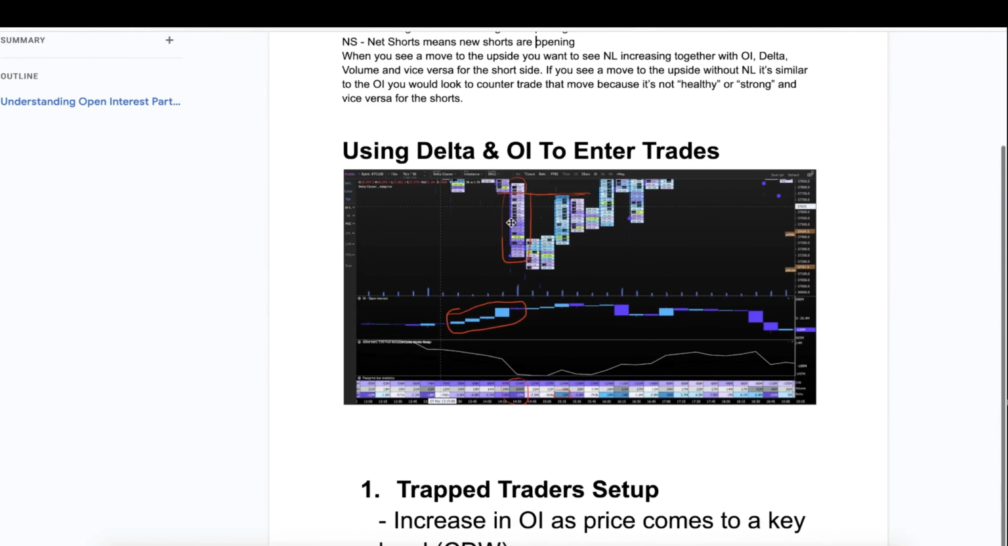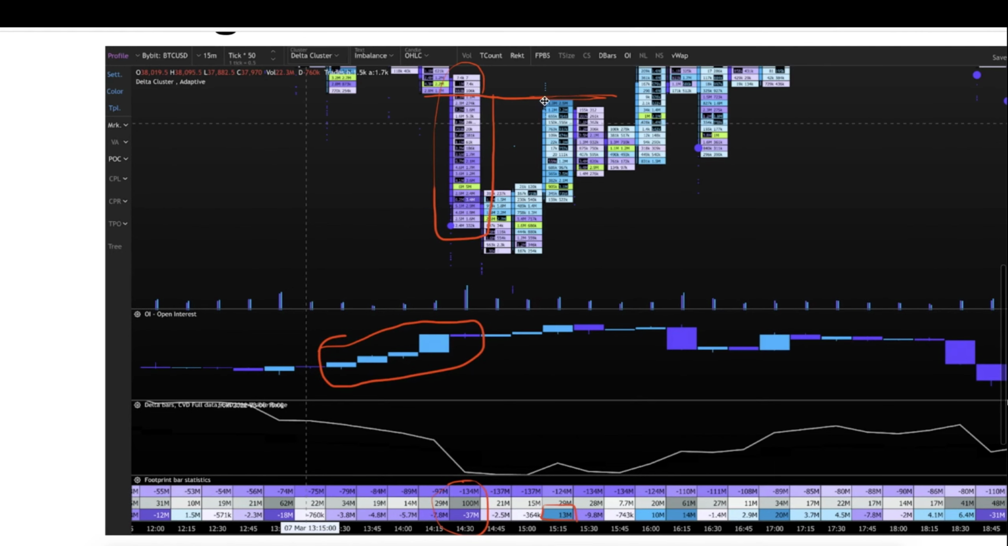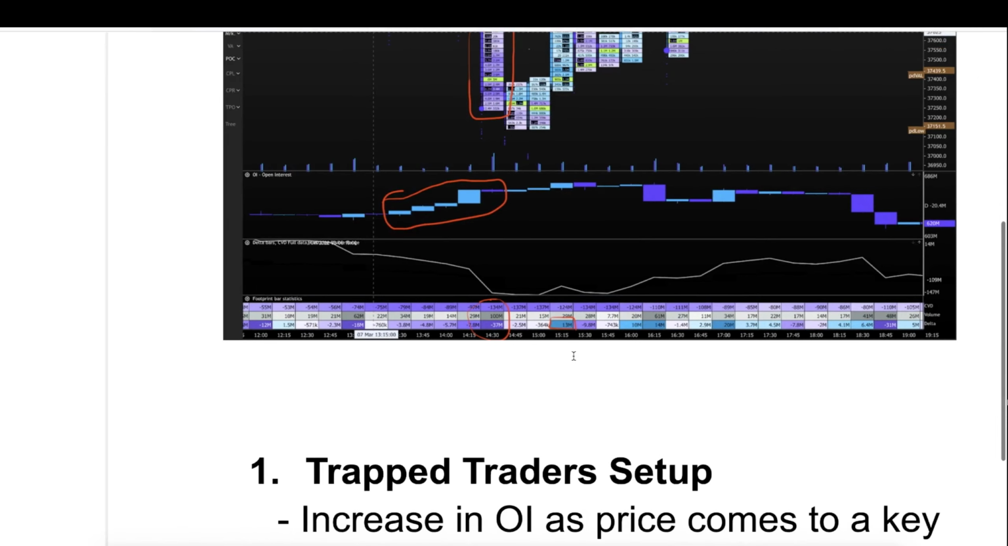That this was a trap trader's setup, right? Where basically we had all these shorts being trapped. Once price came above that level, we see millions of trapped shorts. Then we see positive delta, an increase in open interest, trapped shorts, price moves to the upside. Then